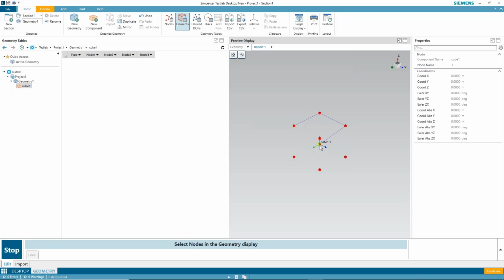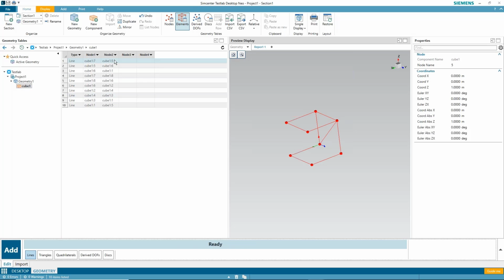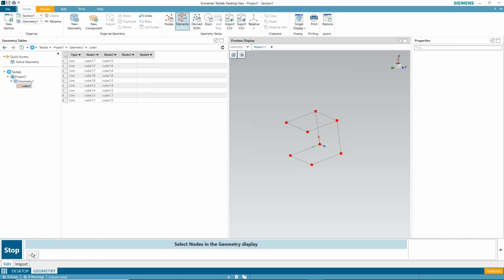Get the wrong node there. I'll have to delete that line, so I'll show you how I can delete lines later. And then if you need to zoom, I can zoom. I can rotate, all the same standard stuff. Okay, so if I want to delete this line, that's kind of a bad line here, I can pick it. I just stop drawing. And then I can pick this line, and then I can delete it. And I can either use the delete, or I can right click on that row in the node table and hit delete. So if I want to start drawing lines again, I just click add again, and I'm drawing lines,